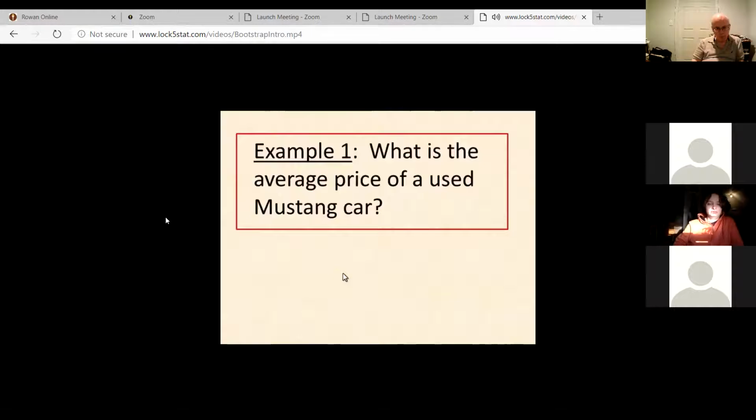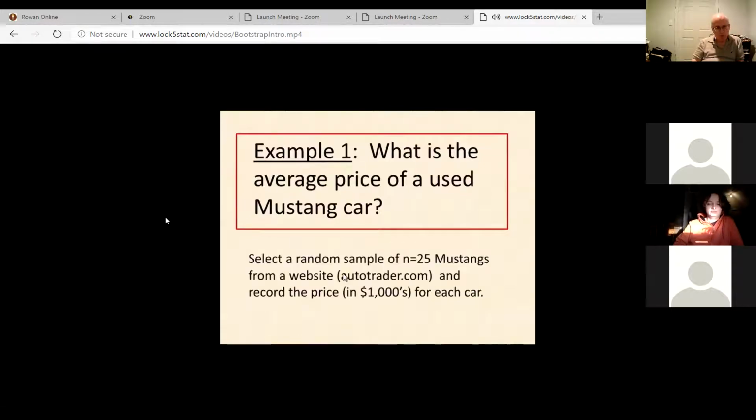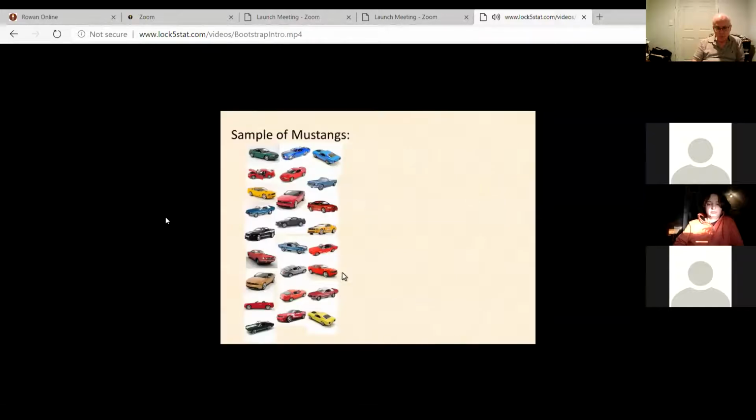What is the average price of a used Mustang car? So one of our students did this, selected a random sample of 25 used Mustang cars from autotrader.com and recorded the price in thousands for each car. So here's a pictorial representation of our sample of 25 used Mustang cars, and there's a dot plot of the cars, and there's the sample size, mean, and standard deviation. Again, this is all your students need to know in order to be able to start constructing and understanding confidence